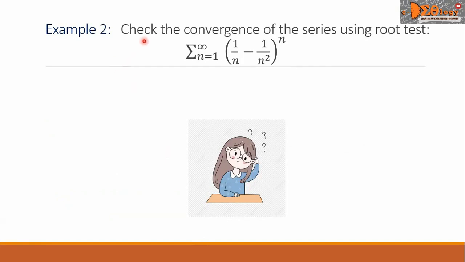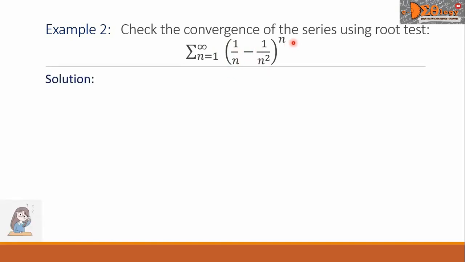Example 2. Check the convergence of the series using root tests. Summation from n equals 1 up to infinity of the quantity 1 over n minus 1 over n squared, and the difference is raised to power n. Our a sub n is 1 over n minus 1 over n squared, and the quantity is raised to power n. By root test, we write the limit